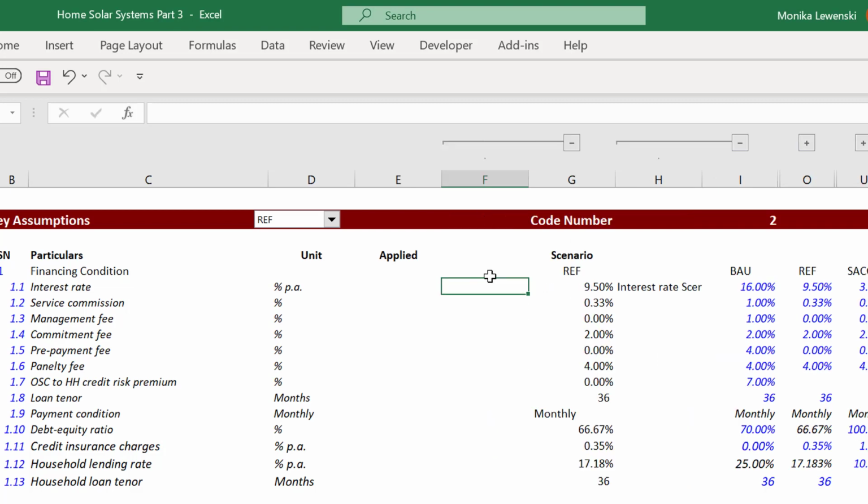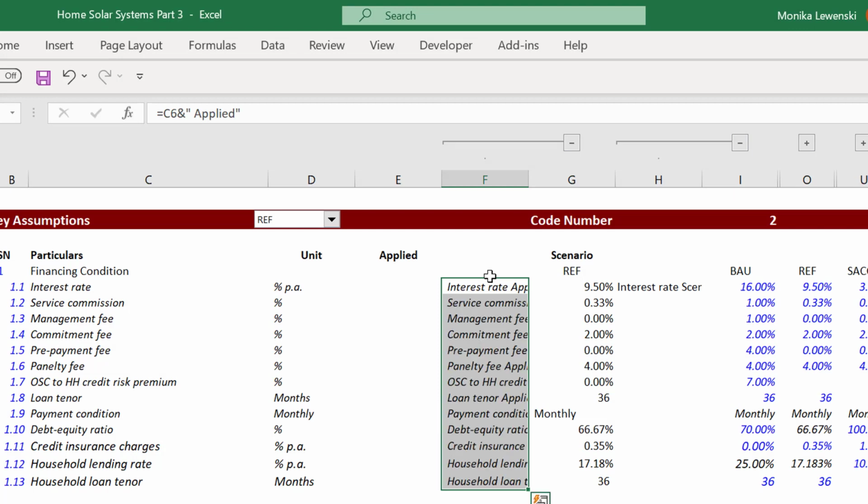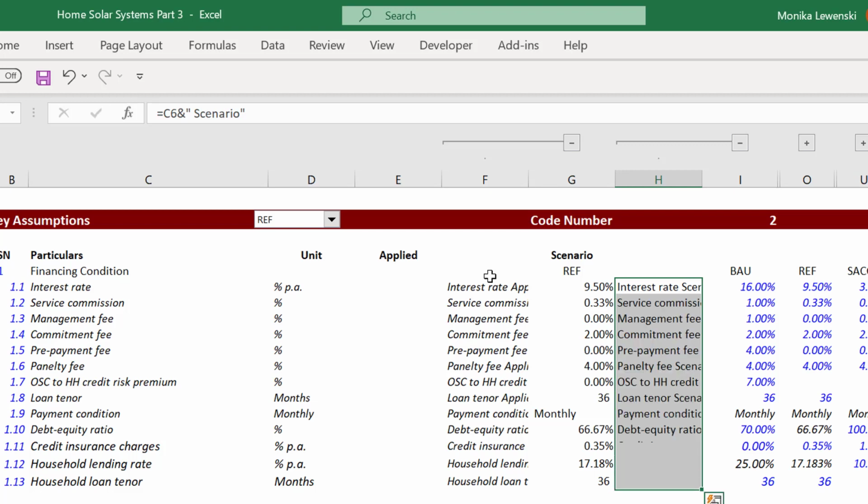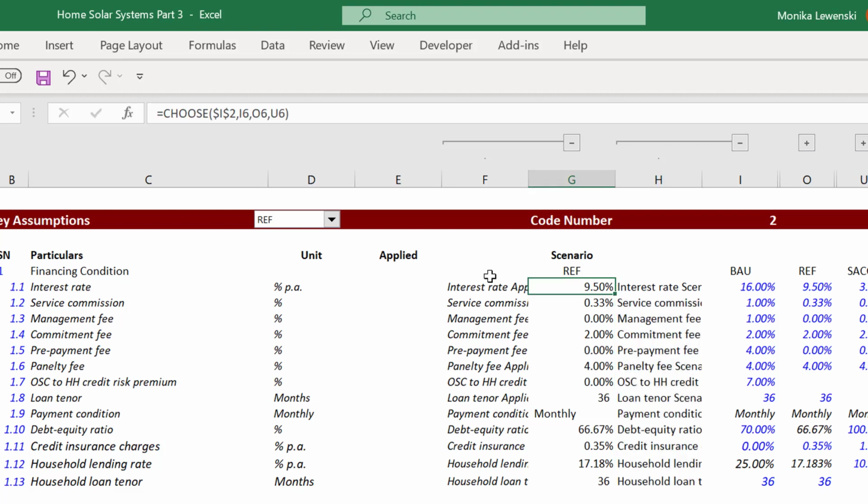I'm going to put this one as the interest rate, and I'm going to put this applied. And the reason this is so necessary is we need to make a little, and I'm going Shift down, Control D. The reason we need to do this is